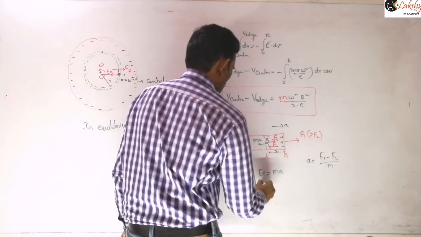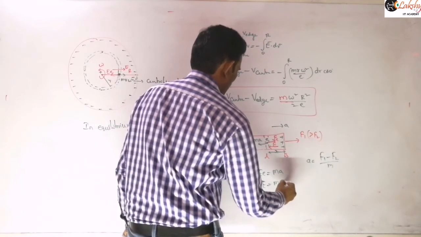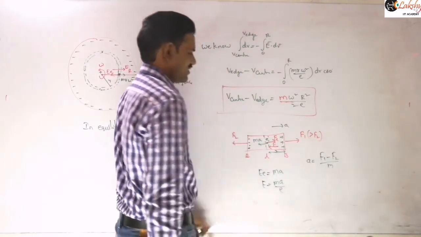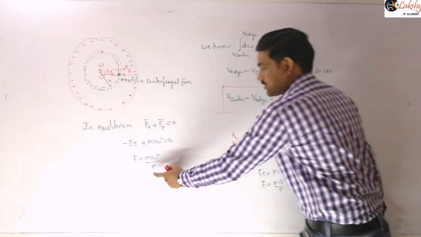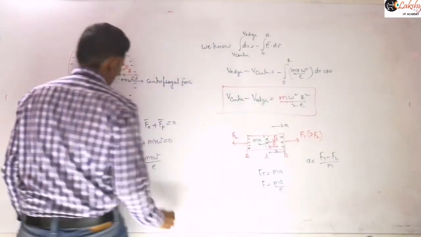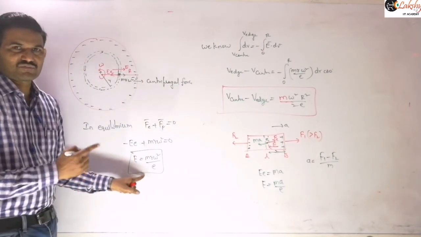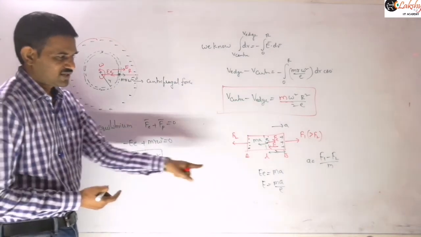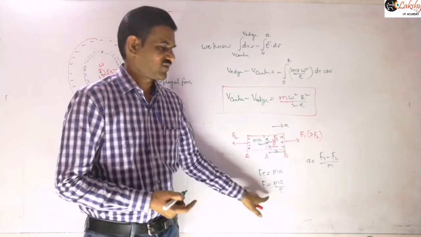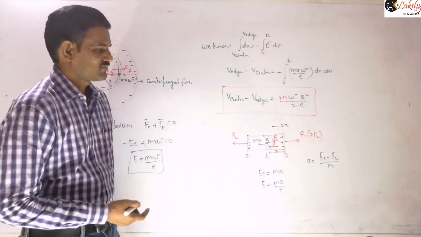Therefore E = ma/e. Now this value is a constant value, so you can solve it easily. Here a is a variable in general, so that you need to remember; the electric field is a variable, which means it depends on the distance from the center. Sometimes in the question they will ask about that also. But here the electric field is a constant electric field, so you just need to substitute that value, which is also a constant.